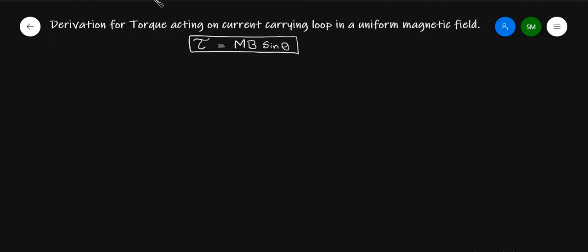First of all, let's clear some basic points. Suppose this is a rectangular coil, let's name it ABCD. It's a simple rectangular coil.